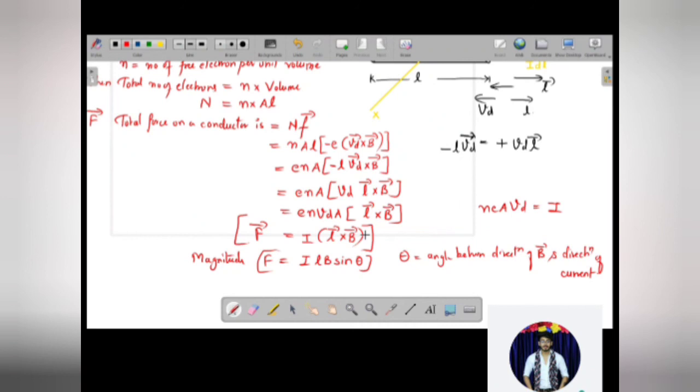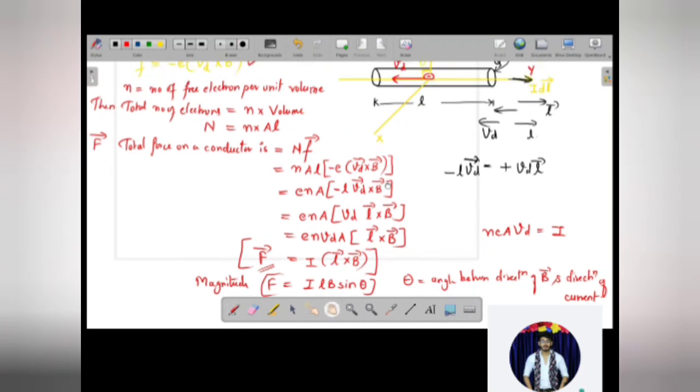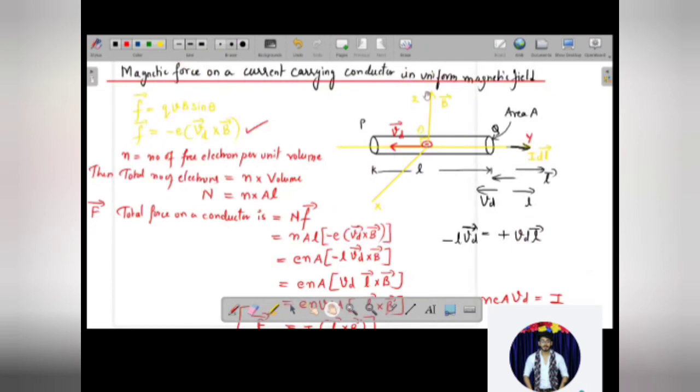Now coming to the direction of the magnetic force acting on this current carrying conductor, what you are going to use is the right hand screw rule, or you can also use Fleming's left hand rule. Obviously the force is given by I times the cross product of L and B. So it is going to be perpendicular to the plane containing L and B. Just curl your fingers from the first vector, that is L, to B. If you look at the figure, L is going this side in the y direction, B is going on top. So curl your fingers from L to B.